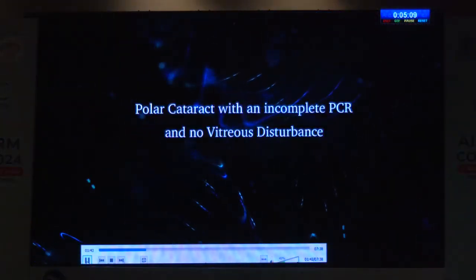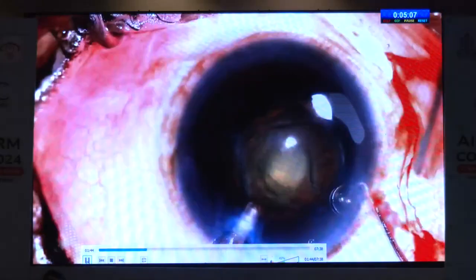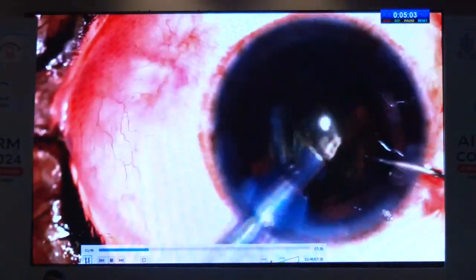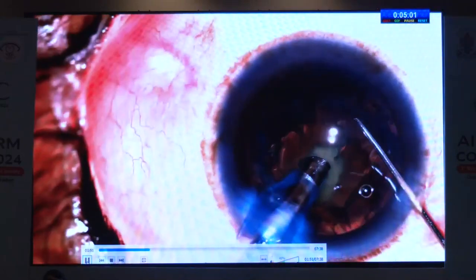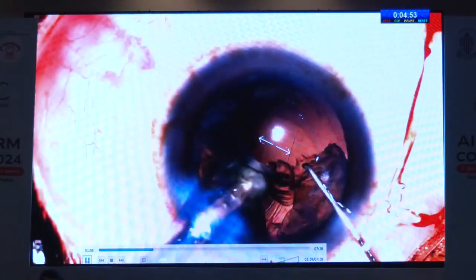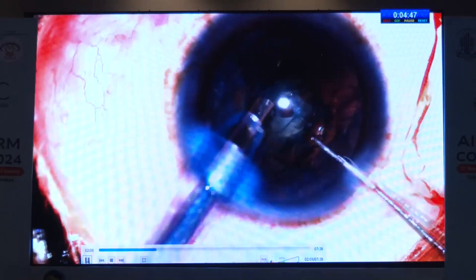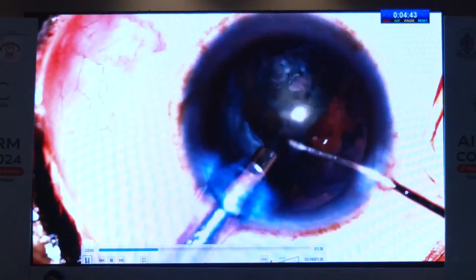Now we know that we can have tears. How is it that we can avert a vitreous disturbance in a patient with a polar cataract? Typically, I have found, despite my low flow settings, and I am one who feels that peristaltic machines actually give me the possibility of doing that, when you remove the endonucleus, and even more typically when you get to the epinucleus management, you'll see this, there it is smiling at you, the tear in the posterior capsule.